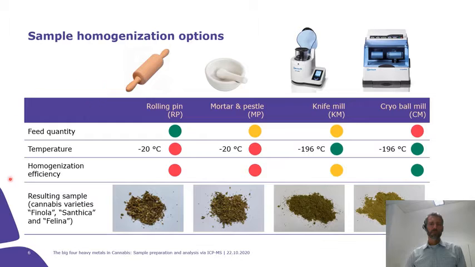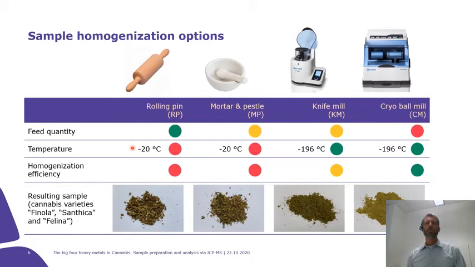There are, of course, some differences between these methods. First of all, the feed quantity. The feed quantity is quite high when you go with the rolling pin approach, and it goes down to very small sample amounts of maybe a gram when you apply a cryomill, in contrast. Rolling pin can work with samples in the range of 5 to 10 grams. The temperature is -20 degrees C for the mortar and pestle and rolling pin approach, whereas